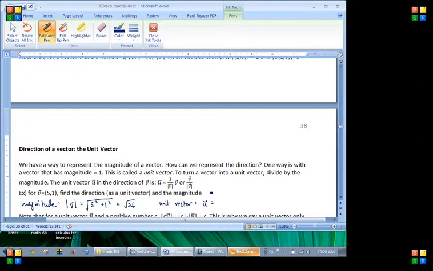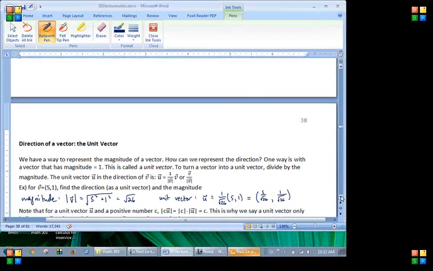So the unit vector is, well, we just take the original vector and then we divide by the magnitude. So I like to write that as a constant out in front. So there you go. And if you want to check yourself, you can check using a calculation that's going to give you something of magnitude 1. So notice that this is the same as having the vector 5 over radical 26, comma, 1 over radical 26. That's what it means to multiply by the number by having the number in front. Okay, so